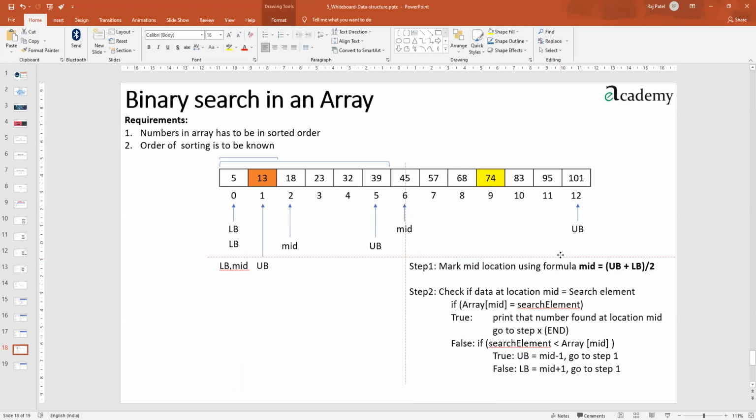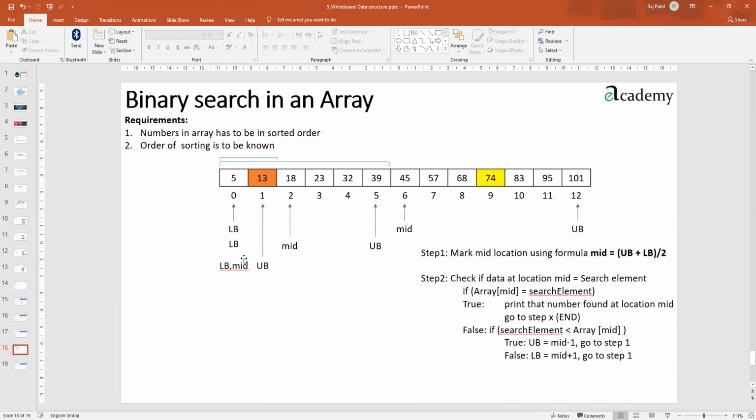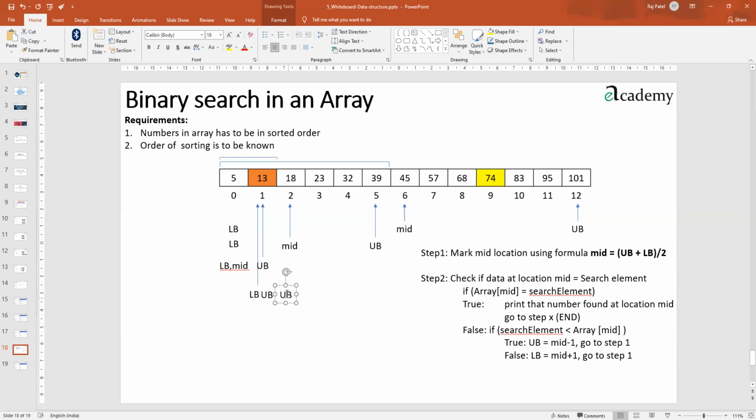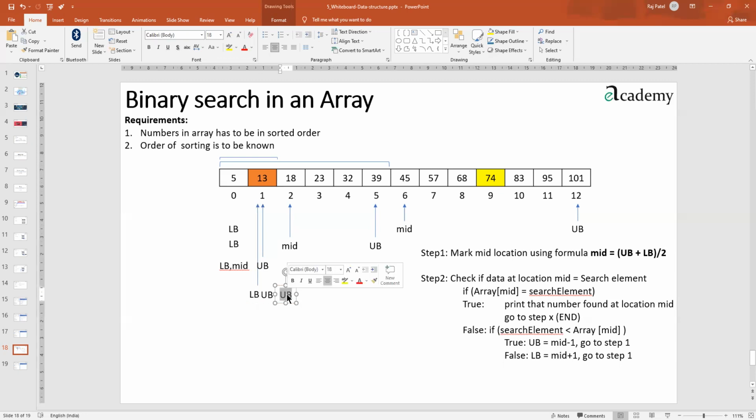So lower boundary will be getting updated to this particular position. Let me bring this over here on the right hand side. So we have one more updation now. Lower boundary has got a new position this time, which is this particular one. That is our new lower boundary. UB is also still there, because UB will not change now. So that is the lower boundary, that is the upper boundary also. And if you calculate by going to step number 1, lower boundary plus upper boundary divided by 2, it will come the same only. Why? It is 1 plus 1 divided by 2, it will be 1.